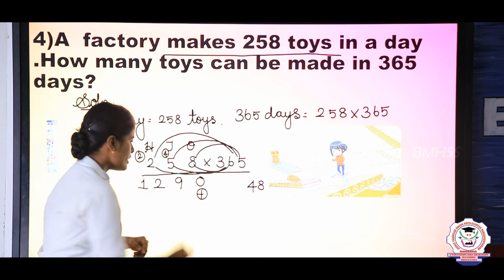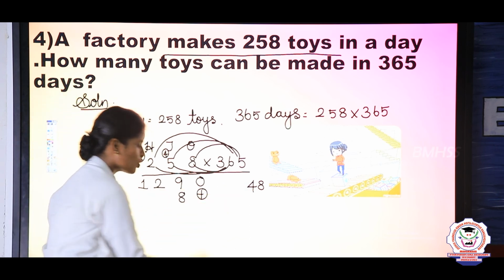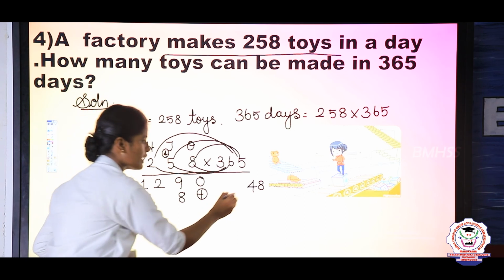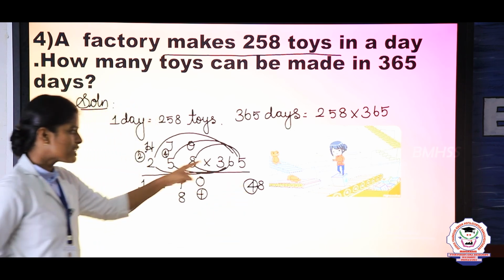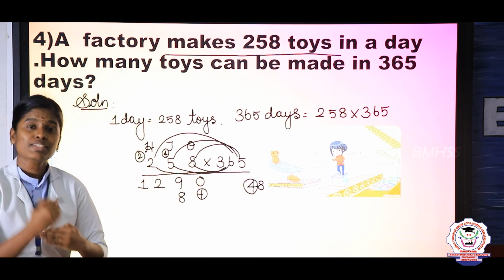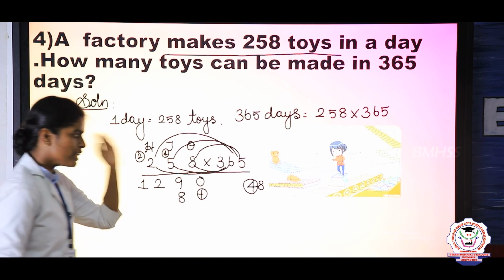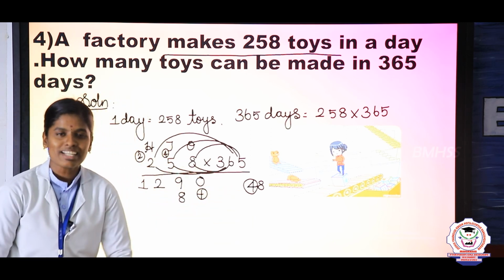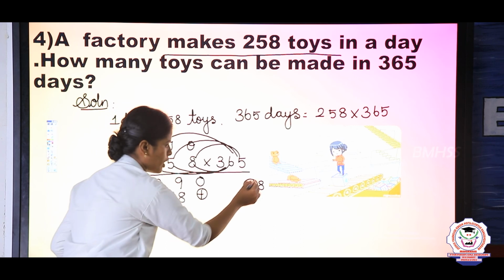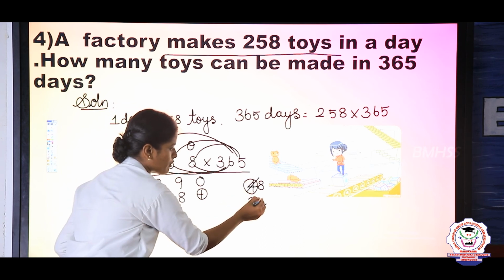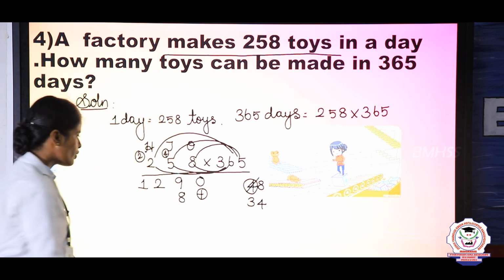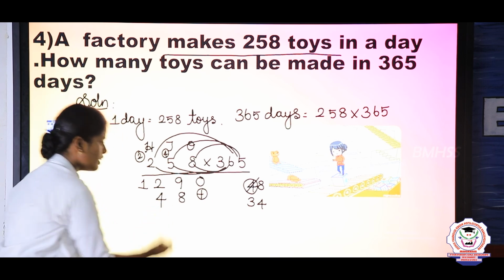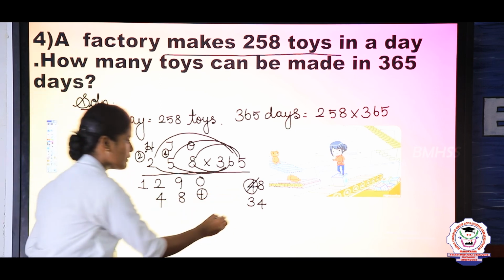So in this 48, the 8 you are going to write under the tens column and 4 keep in the carry place. Next take 6 and multiply by 5. 6 5s are 30. Keep 30 in the mind, 4 in the finger. So the answer is 34. So this 4 you are going to write here and that 3 keep in the carry place.